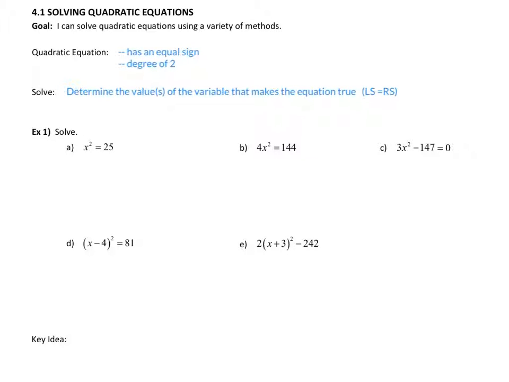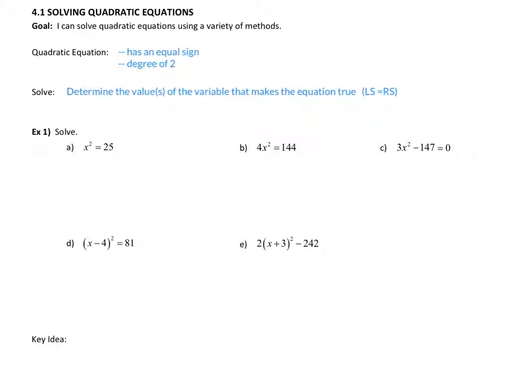Here we are beginning our fourth unit in MCT4C. We're looking at polynomial equations for this unit. It's very tightly tied to our polynomial functions. The difference is we don't have the y equals part of it. We're just looking at replacing that y with 0 and then solving for the value of the variable that will make the equation true. So our goal here today is to focus on just the quadratic equations,